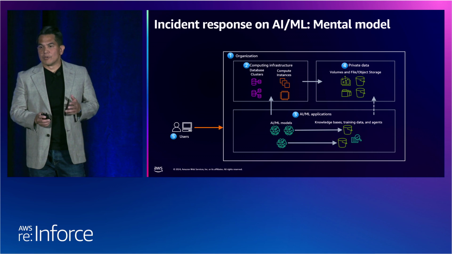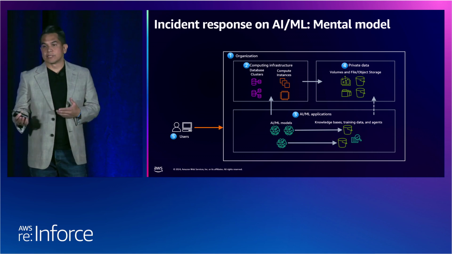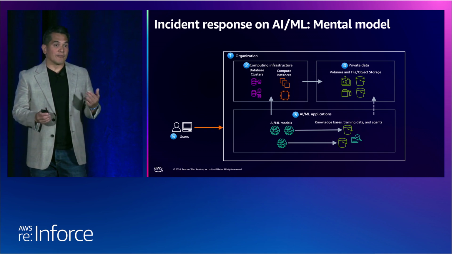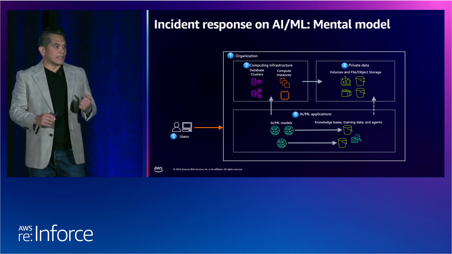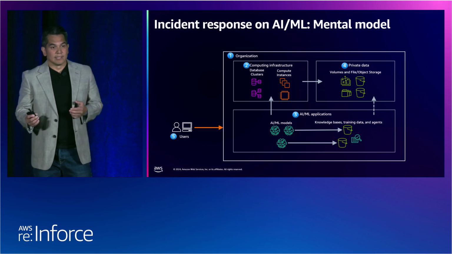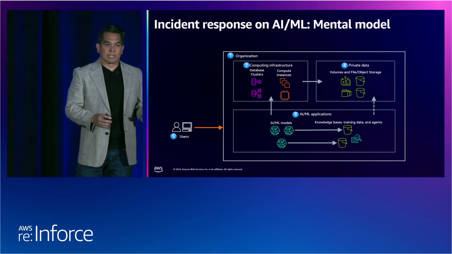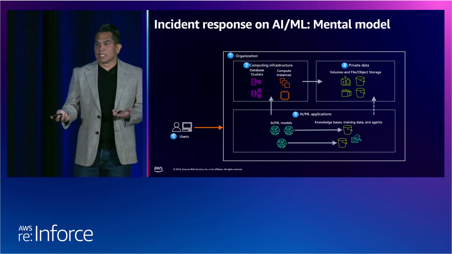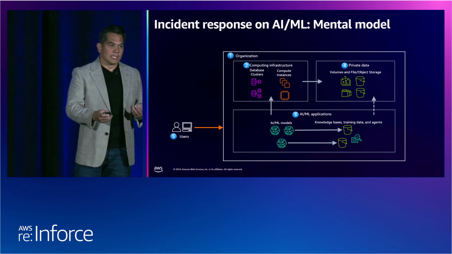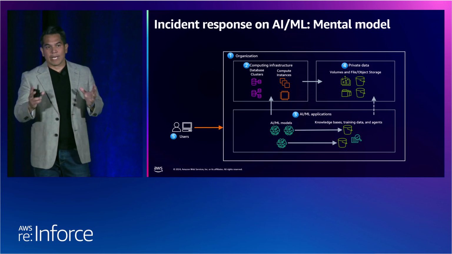And lastly, the last component of the model are users. And users can be split into human users or system users. System users being functions that interact with other AI ML applications. The users can also be authenticated or unauthenticated. An unauthenticated user would be like a guest user, for example. And the third category of a user is authorized and unauthorized. When we're talking about unauthorized users, we're really talking about threat actors because they don't have the authorization to perform actions in the environment. Okay, so those are the components that actually make up the model.